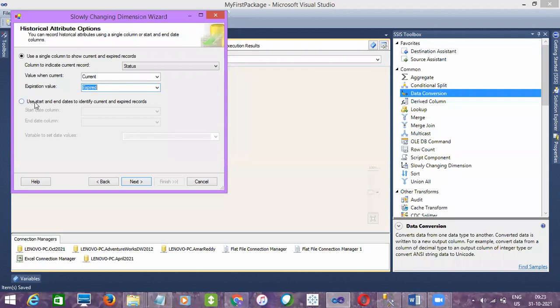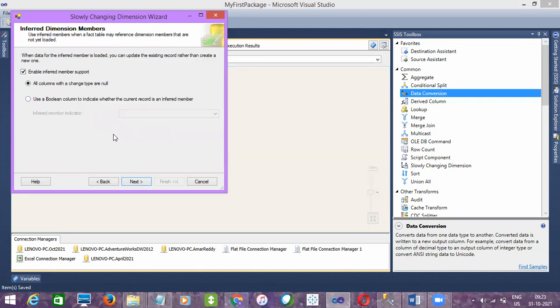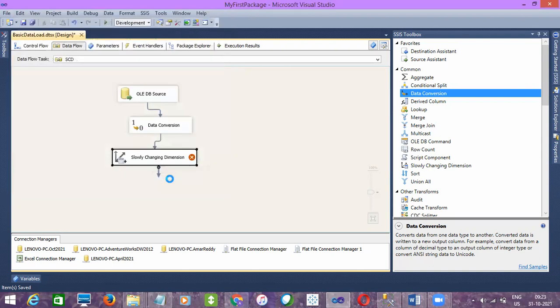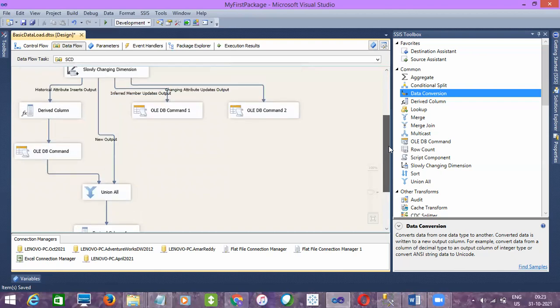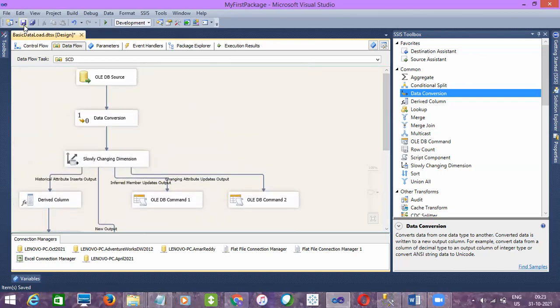All right. And here there is one more field, use start and end dates. So based on the dates also we can identify whether the column is current or old, right? Instead of date, this will be effective. So that's why we are choosing this and click on next. Leave it as it is. There is not much here. Next, finish. That's it. Any questions, guys? Okay, let me explain with data. Maybe you will get some doubts or concerns, I'll explain.